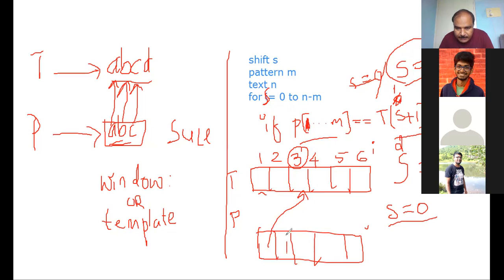Then again, if it is a match, you increment the index of T and the index of P. So the second character of P is compared to the fourth character of the text. If it is a match, then you have to go for the next character. Once a match occurs, we slide and compare the next character of T with the next character of P. So if it is a mismatch